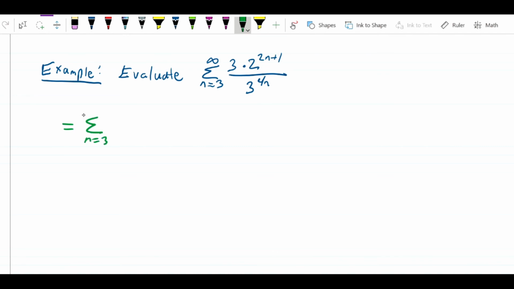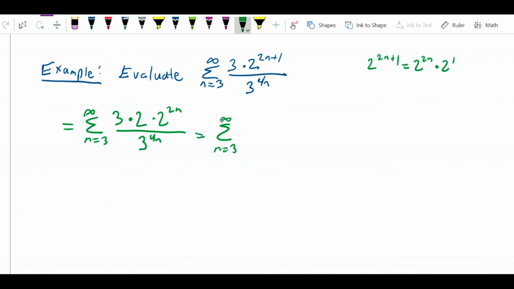This is the sum from n equals 3 to infinity of, this is 2 to the 2n plus 1, which is equal to 2 to the 2n times 2 to the 1. That's how the law of exponents works there. So this is going to equal 3, 2 to the 1 is 2, times 2 to the 2n over 3 to the 4n. And then once we've dealt with this plus 1, just as we did before, this is going to become 6 times, put the 6 out here, 6 times, let me write it this way,